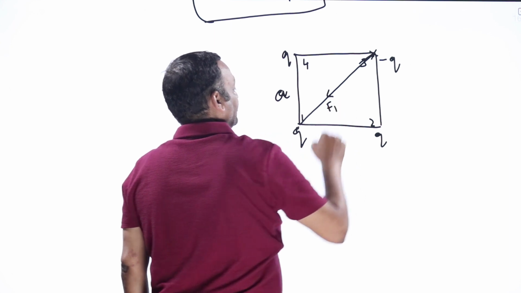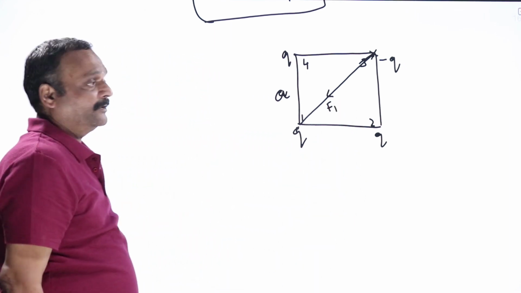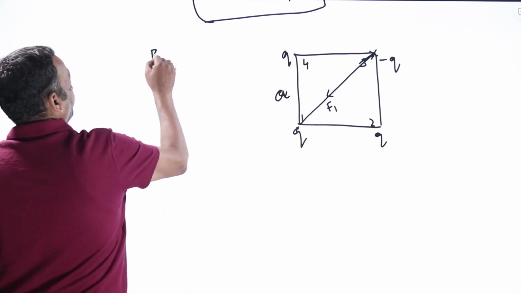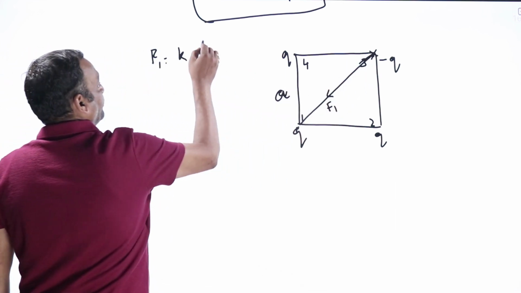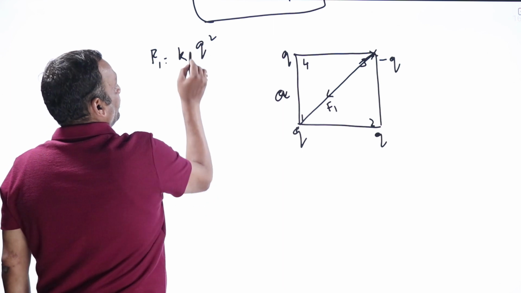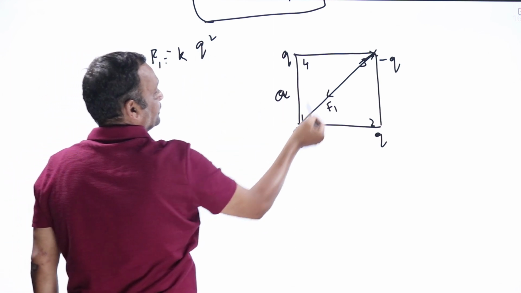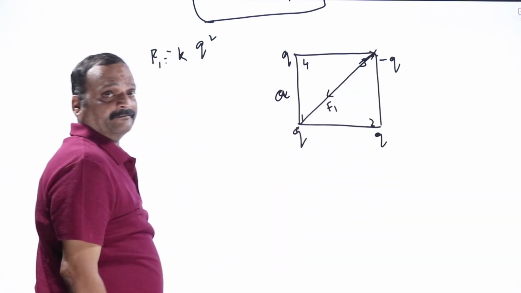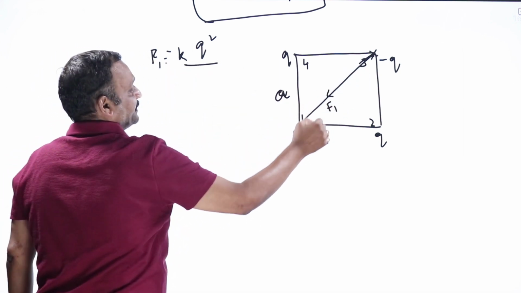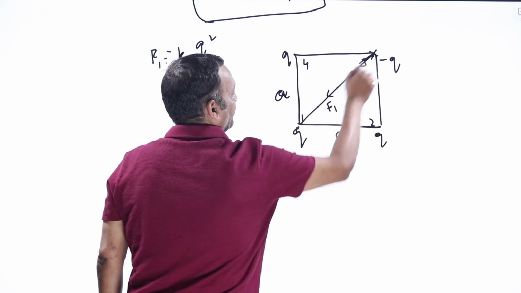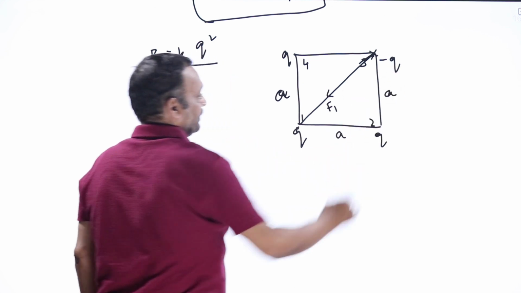I'll call that force F1. Okay, so what is the magnitude of F1? F1 equals K into Q into Q, that is Q square. Okay, a minus sign will be there because one charge is positive and the other charge is negative. Minus Q square by the distance between these two charges,